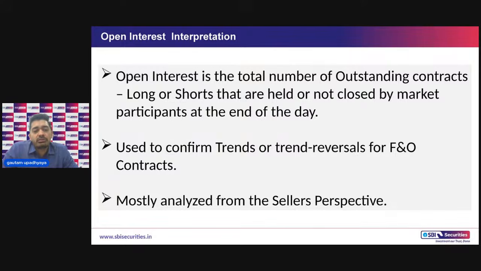So why is it analyzed from a seller's perspective? That is also very important to understand. To create a sell position on the option side, you require significantly higher margin. If you want to buy an option, you just have to pay the lot size times the premium. So if the premium is 100 and the Nifty lot size is 75, you are basically paying 7,500. But to create a short position, whether you want to short a call or a put, the margin required is significantly higher. It is almost equal to the amount required for a futures contract. So that is why